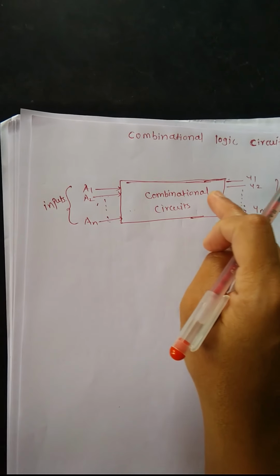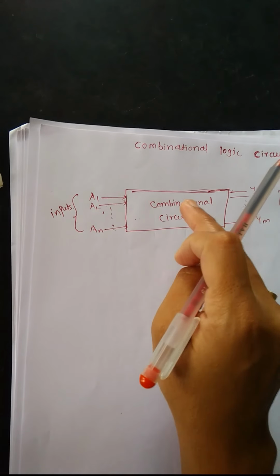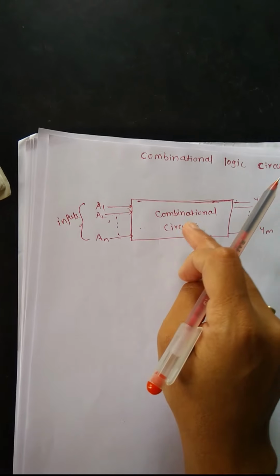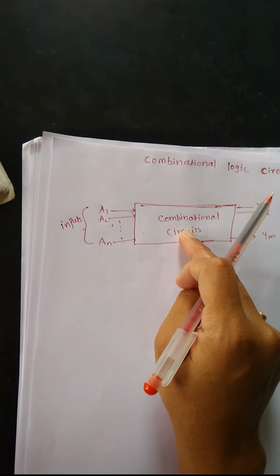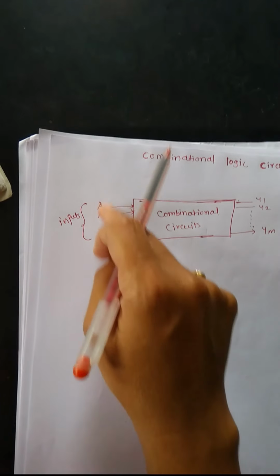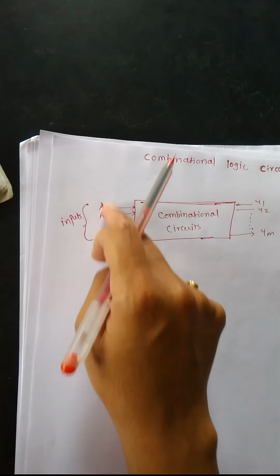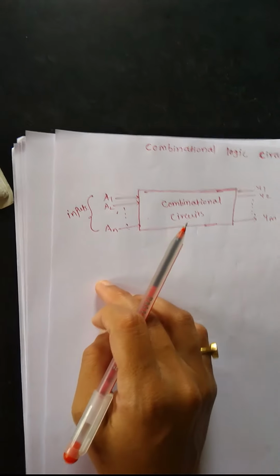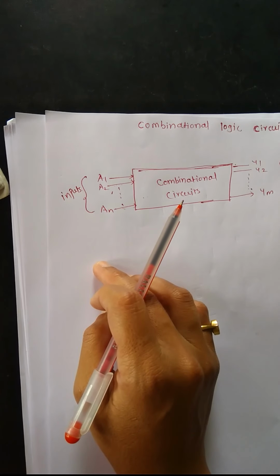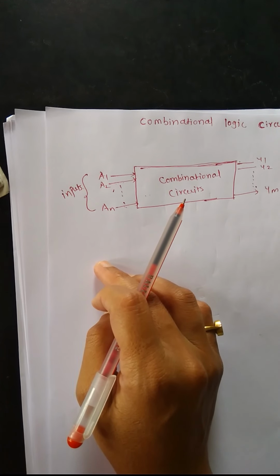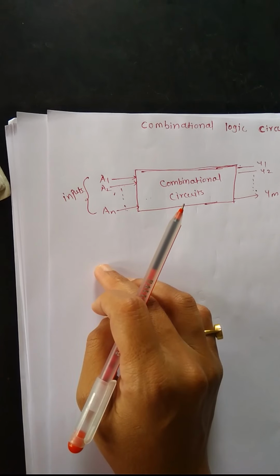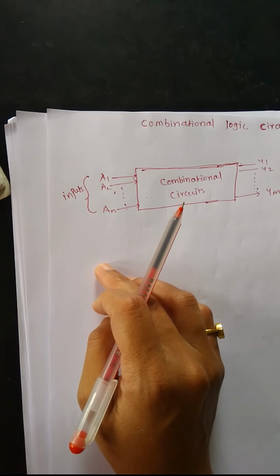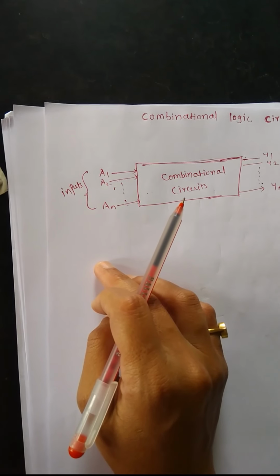So in a combinational circuit, a memory element is not required, and the sequence in which the input is applied does not have any effect on the output of the combinational circuit. The different combinational circuits are adders, subtractors, comparator, code converter,